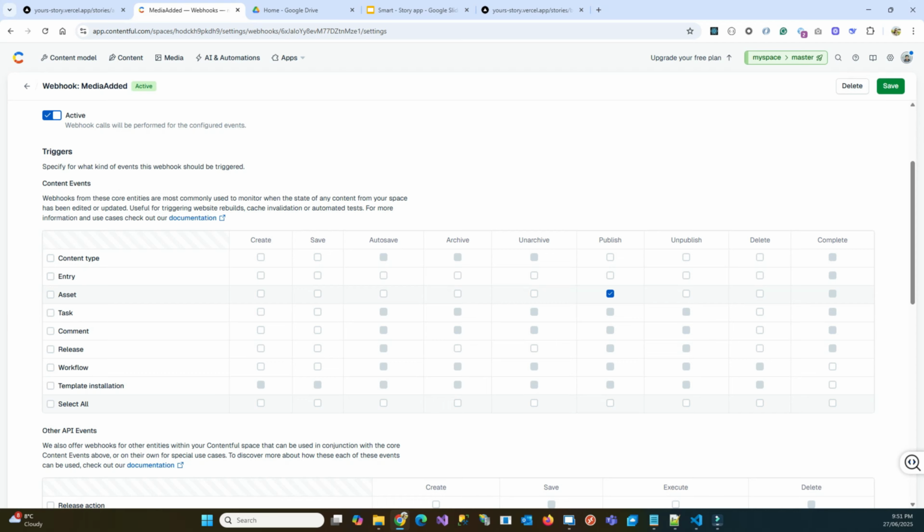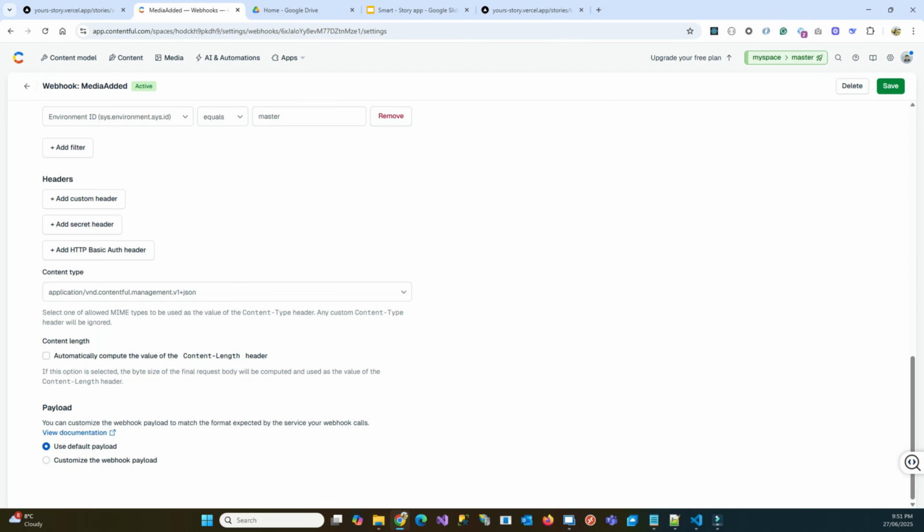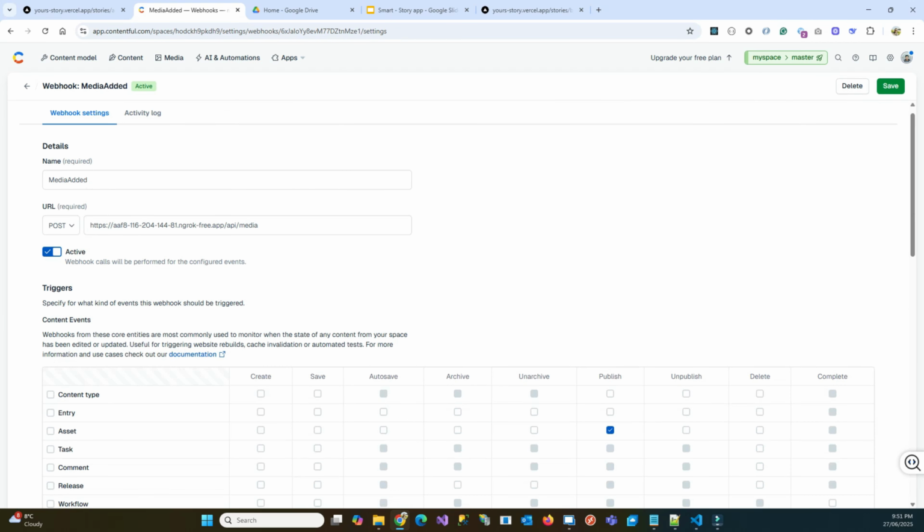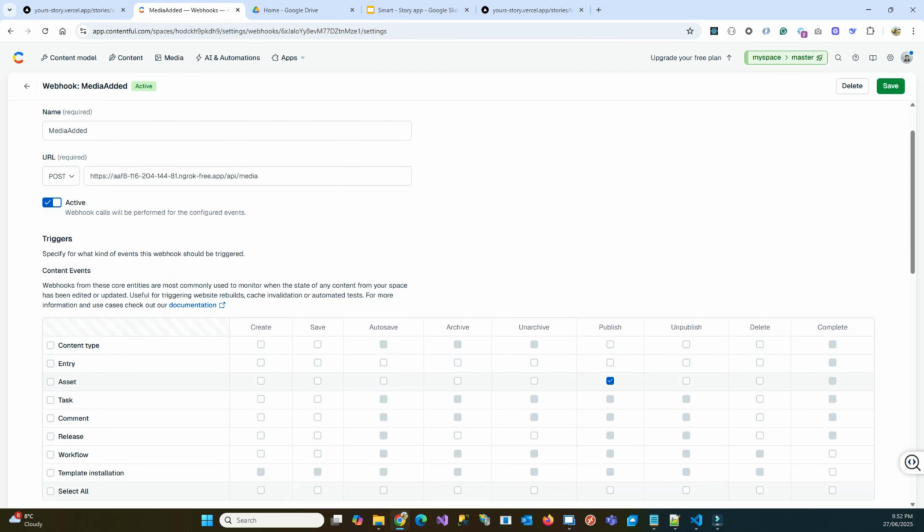For my case, I use this one, and then here I use this endpoint. So I use ngrok, so that my locally run middleware can be hit from this Contentful. So what I did here is, for the asset, when a publish happens, I basically get the hook here, and I use the image from the payload, and then I talk to the AWS Rekognition API or system, get back the tags from the image, and then I basically go back and create the tag here. First of all,